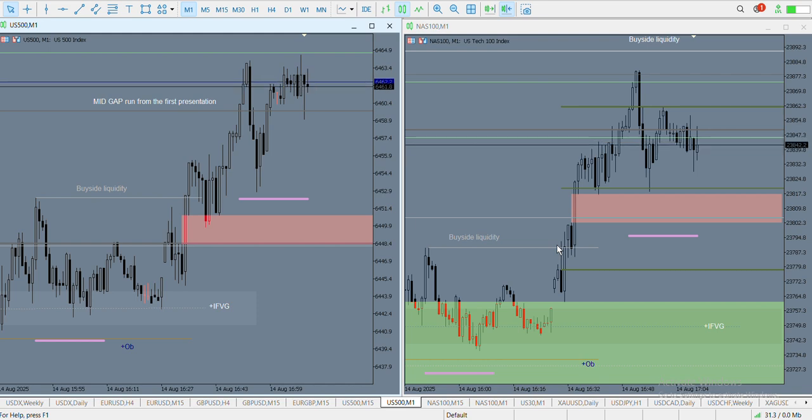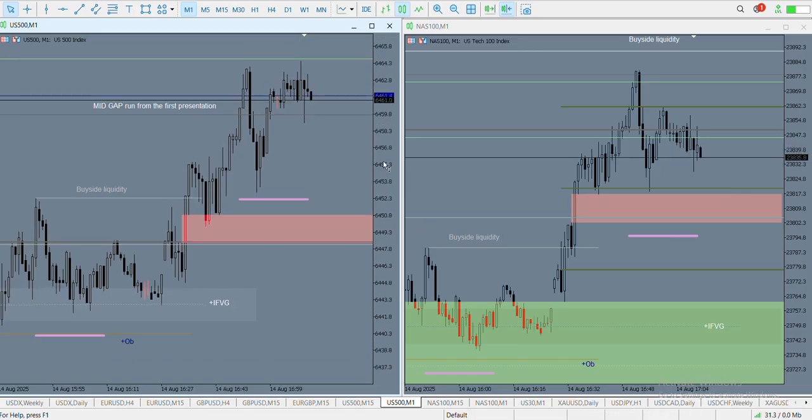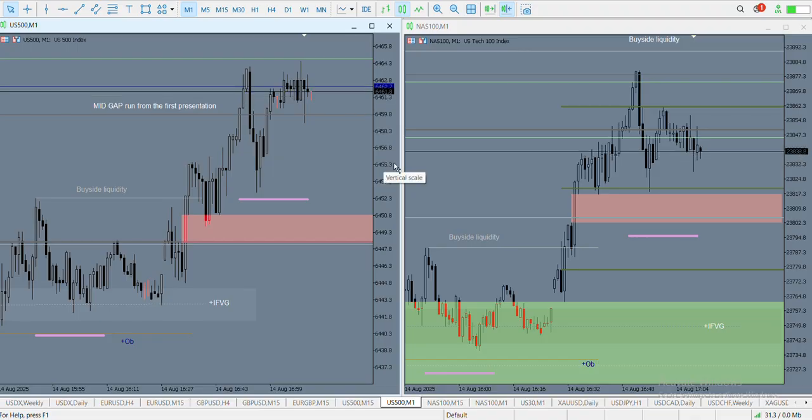I really love those kind of trades. You're aiming for the mid gap or the full gap closure. Whereas today we don't really have that kind of narrative in price today, even though we had